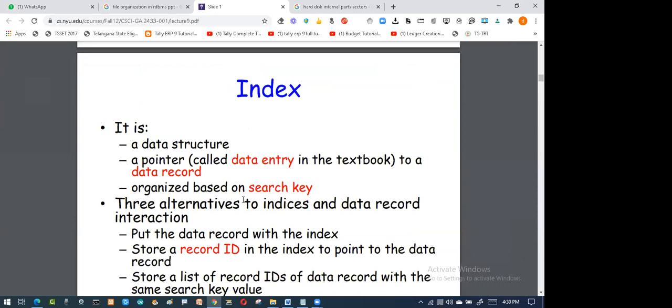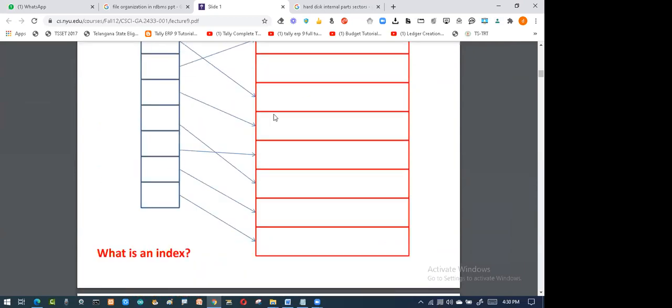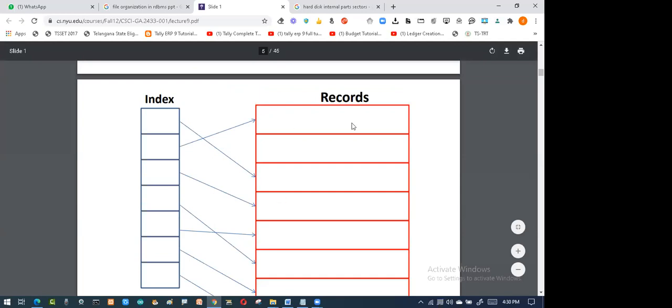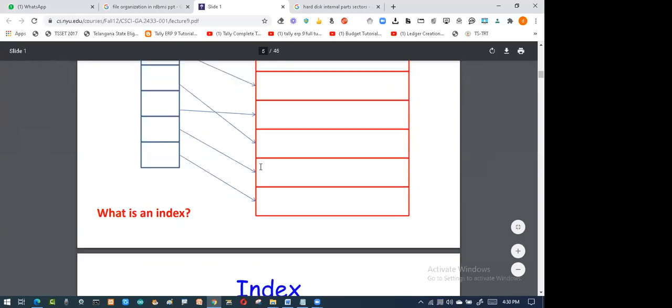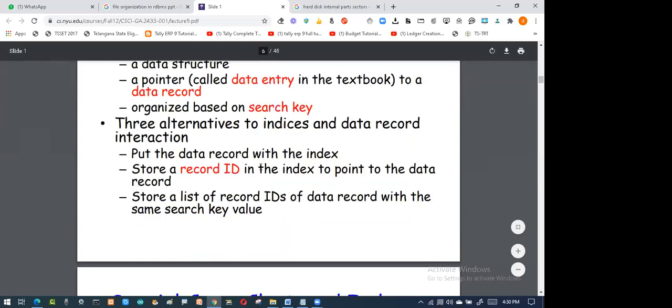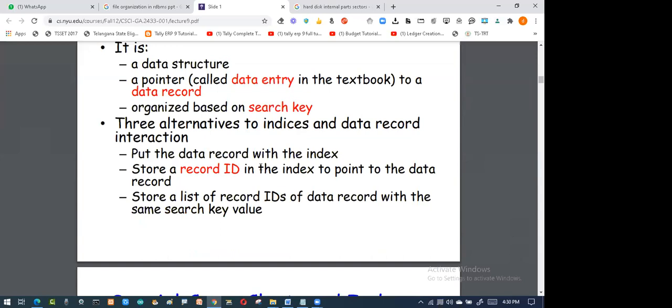So that is going to help me search the file. It is organized based on the search key. That means it is going to have the key on this. So say it is 1 2 3 4 5 6, and all of these have been put over here. The index is going to take care. Suppose I want this one, which is 3, it will be stored at number 3. The 3 will jump here and give the relevant information. That is the organization I want. So it's a pointer based on the search key.